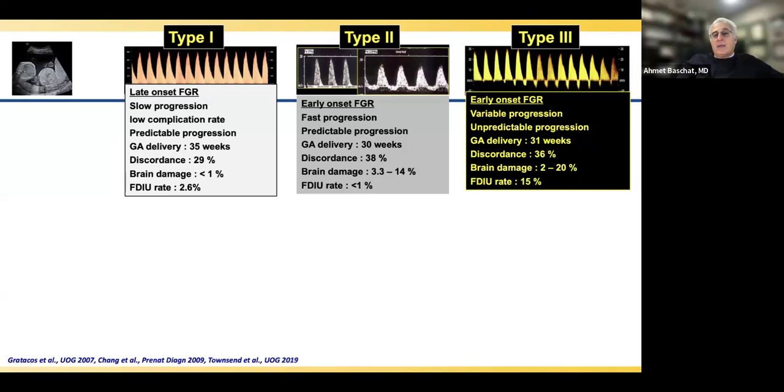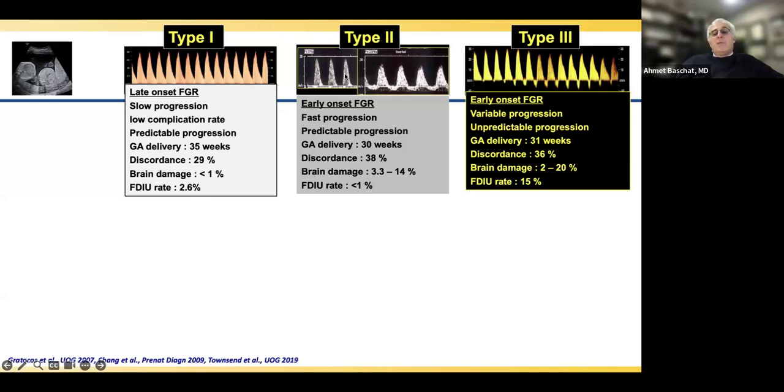Now, once you get these size discordances, there is an important difference in the clinical behavior based on the umbilical artery Doppler. So babies that have steadily forward flow in the umbilical cord present like late onset singleton growth restriction. The clinical progression is relatively slow. The complication rates are also relatively low. The progression is predictable, and so you can adjust your monitoring frequencies. The average gestational age at delivery is 35 weeks, and there's a relatively low rate of brain damage in